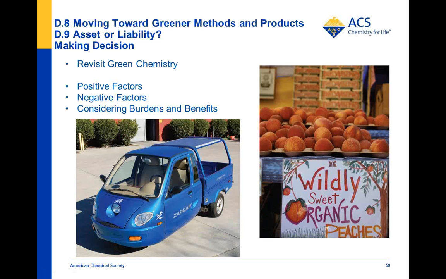We're looking at green chemistry here, really being able to look at the positive and the negative factors for green chemistry, and starting to think about the burdens and the benefits for battery